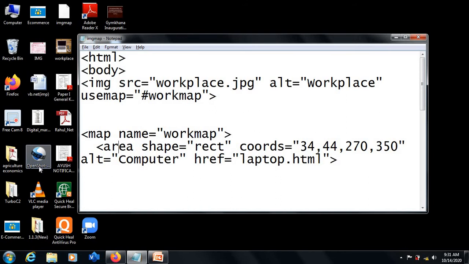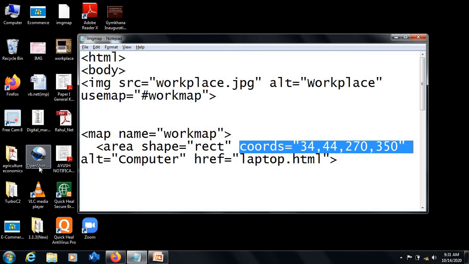So area shape is equal to rect. The area that I am using for this particular image is rect. And then the most important part of image map is to understand what coordinates are. We'll have to understand, like we design the graph with x-axis and y-axis, what the coordinates will have to mention in case we want to divide our image into multiple parts. So before we understand what the coordinates are, let me show you the image